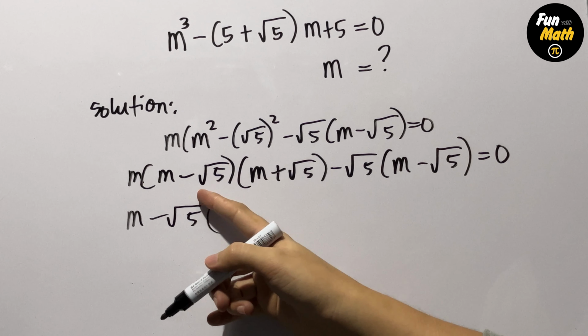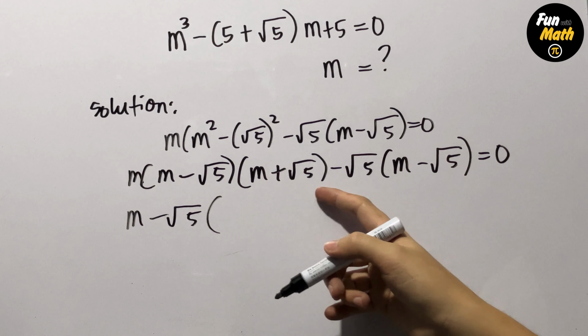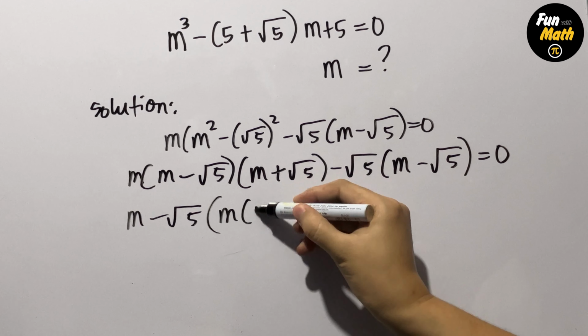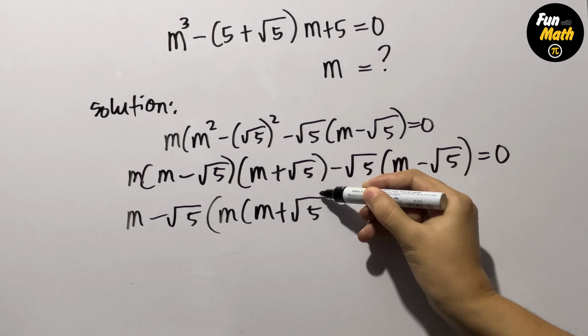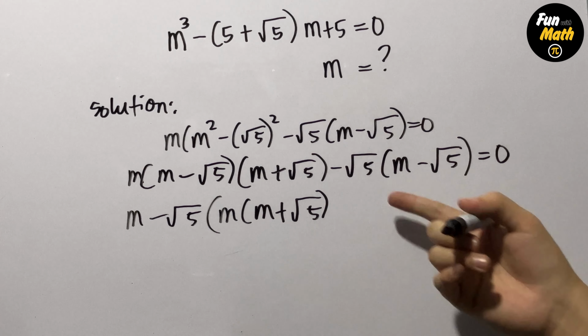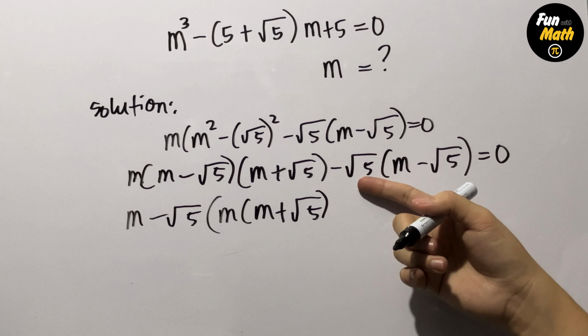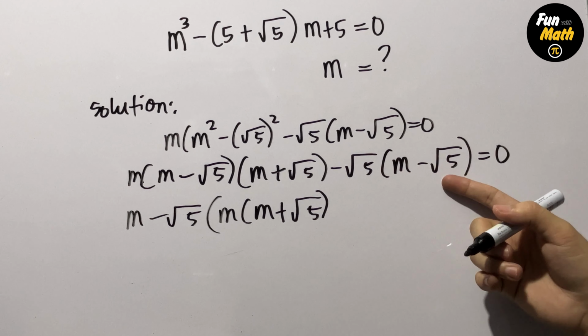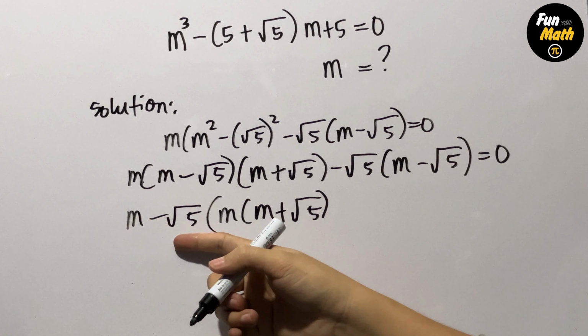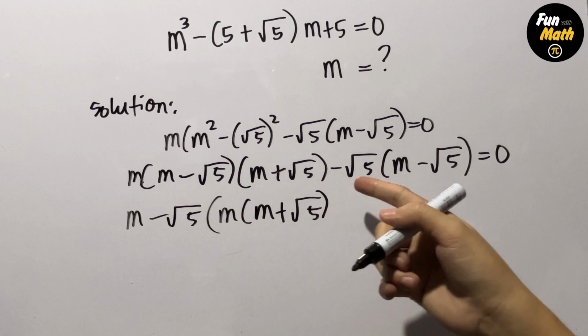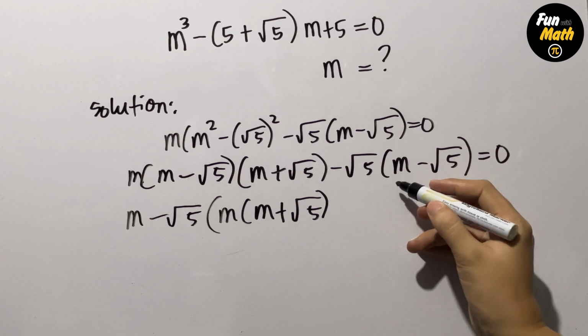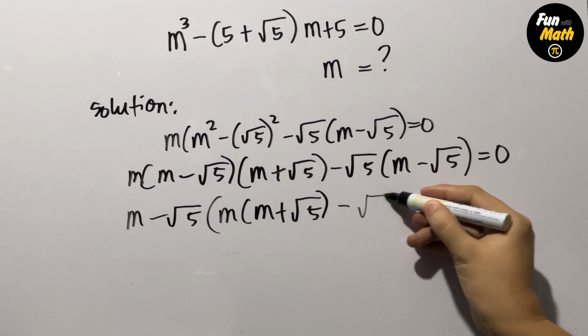So we're left with m and this. So that is m times m plus square root of 5. Next is this part, square root of 5 times m minus square root of 5 divided by m minus square root of 5. This is cancelled. We're left with square root of 5. So that's minus square root of 5